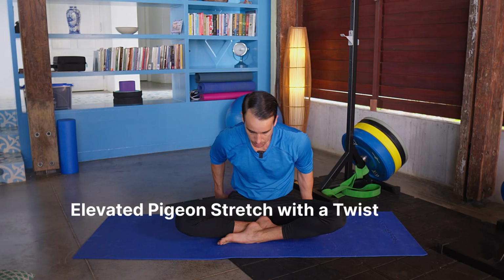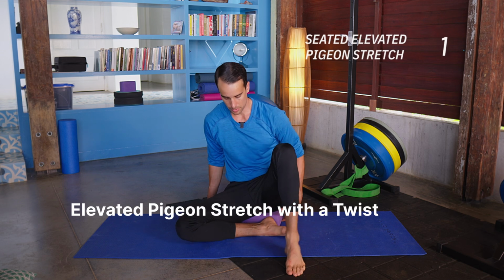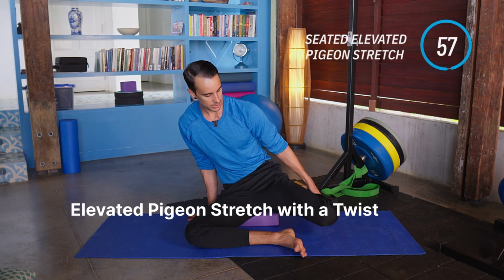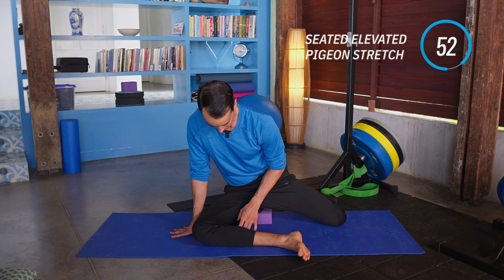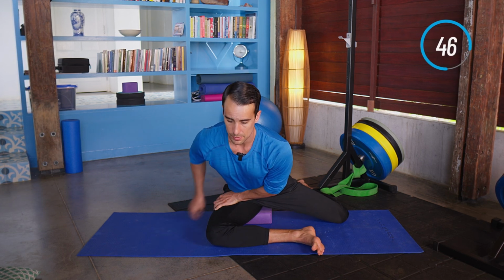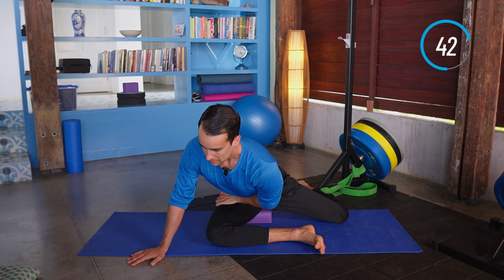So I'm going to put this yoga block underneath my butt. I'm going to sit back on it, put this leg forward a little bit, bring this leg back, and I'm just gonna try to create a little space here. And then when I feel like I'm in a comfortable position, I'm gonna lean forward until I get a stretch on this back glute. So I'm here, breathing and relaxing,